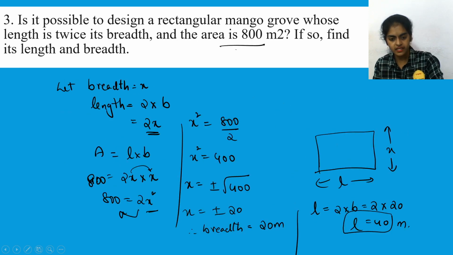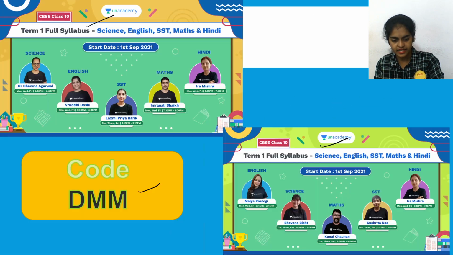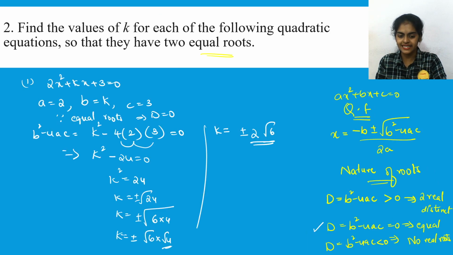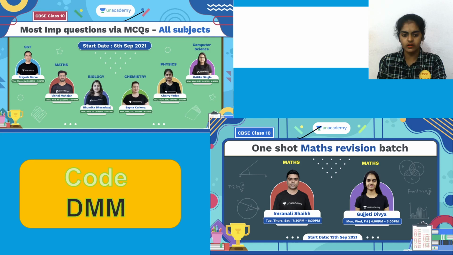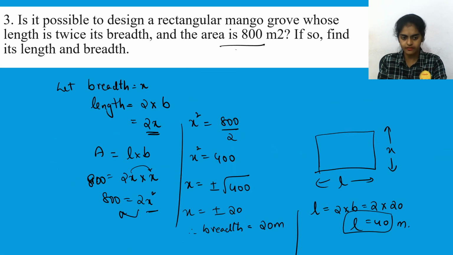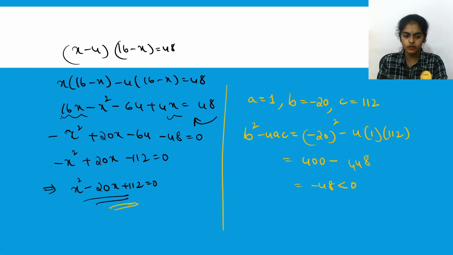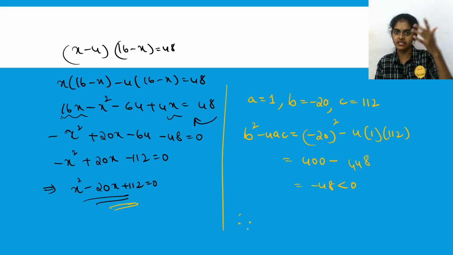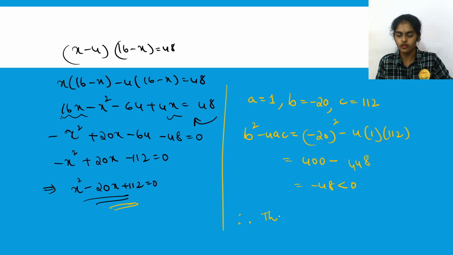Just now we have discussed this, and I re-discussed it when I was teaching you the first one. I told you if the discriminant is less than 0, in that last case, you cannot find the roots. That means you cannot find the solution. There is no real solution. So, which means I cannot solve this question further, and we can conclude that the situation given in the question is wrong. Okay. So, therefore this situation cannot happen.